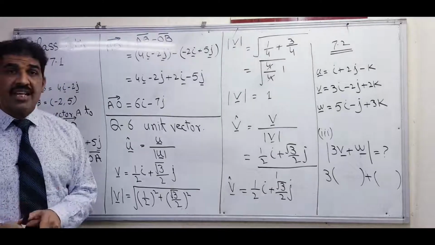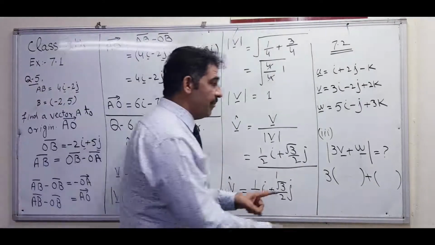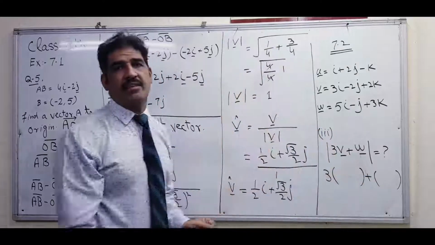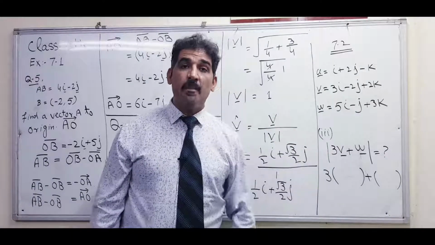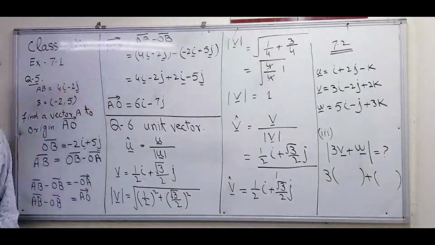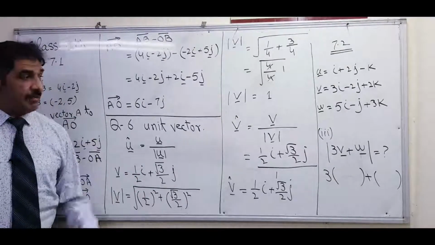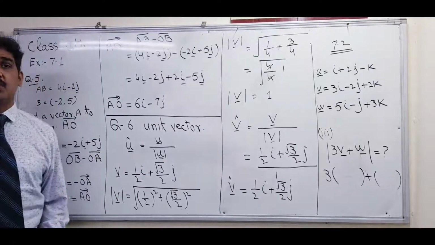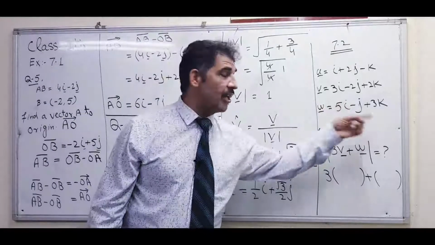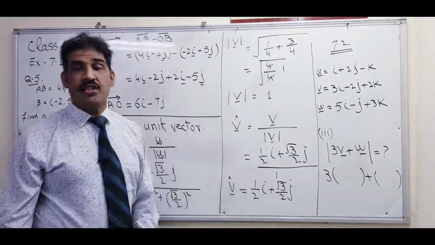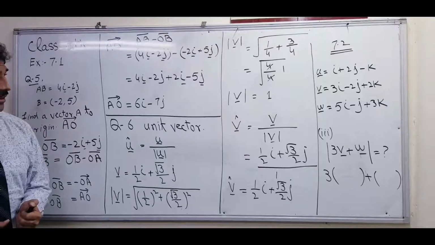After that, what will you do? This means the magnitude of the vector. When you find the final answer, you have to find its magnitude. Before, when we were taking magnitude, we took the square of the i component plus the square of the j component, but here the k component is also involved. So we take the square of the i component, then the square of the j component, then plus the square of the k component, and then our question is solved. So this is your assignment. Please start to solve and give me the answer. Thank you very much.